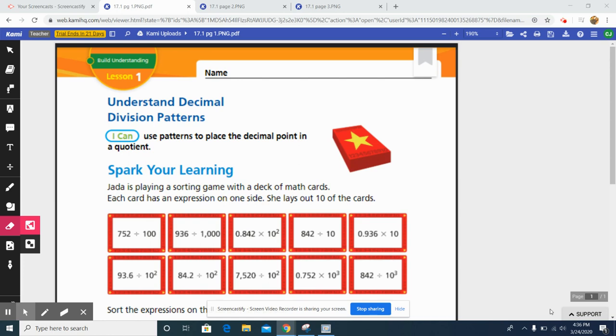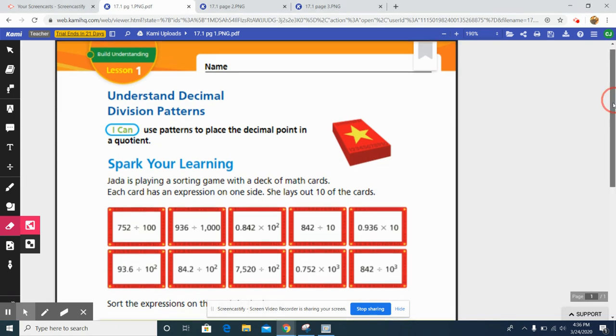Hey guys, this is your tutorial, your lesson for 17.1. We are going to start with understanding division patterns. So I can use patterns to place the decimal point in a quotient. Now we have done this for 29 weeks with our math class, so hopefully this will be super simple for